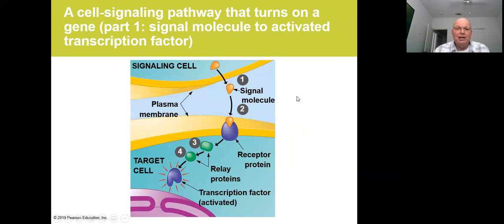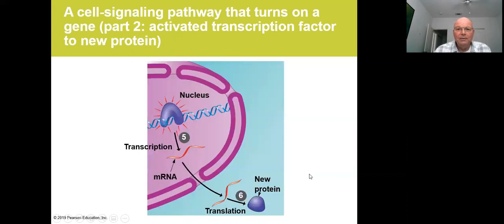So here is the initial part of the process. The signal molecule is released, binds to the receptor, triggers the relay that activates the transcription factor. That transcription factor then binds to the promoter region, or it may itself bind to the enhancer regions in the DNA if it's an activator protein, or it may interact with the activator proteins that are already bound to the enhancer sequences on the DNA. But the transcription factor serves to activate the particular gene that is the target, produces the messenger RNA, it gets translated,